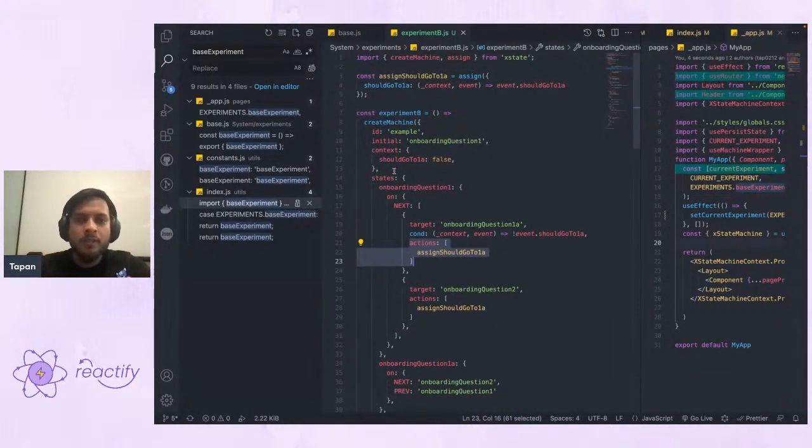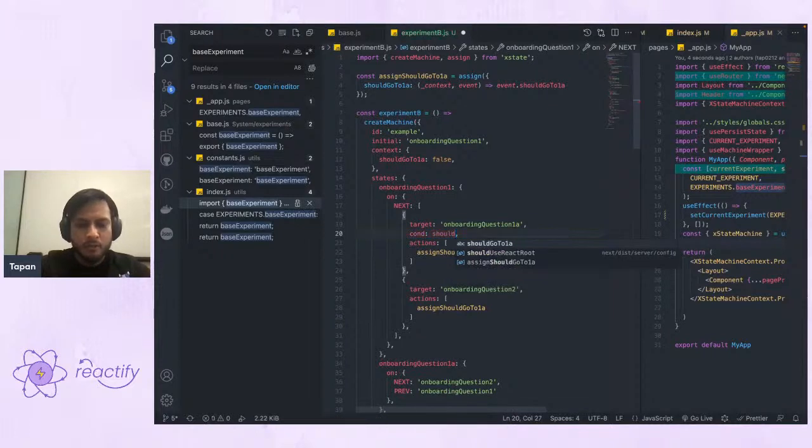But one thing is also there, if we don't want to have any logic in the screens, we just want to have UI. We cannot rely on these conditions, the logic, being sent from the UI. So we can have pure JavaScript functions and we can just use it like shouldGoToA or not, and then it will return that boolean and tell the machine to go to that particular screen or not. So yeah, I think that's mostly